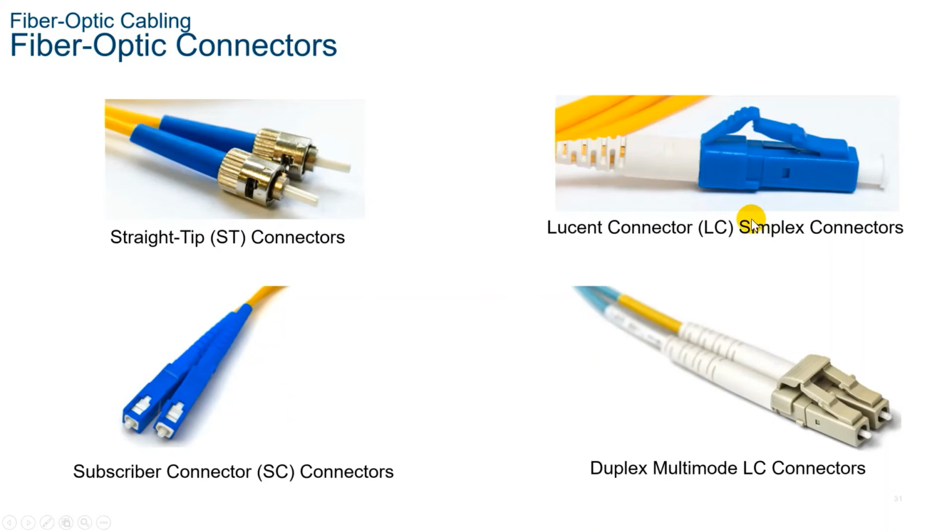Okay, so the next one is the LC or the Lucent connector, simplex connectors. So LC simplex connectors are a smaller version of the SC connector. So these are sometimes called LIL or local connectors and are quickly growing in popularity due to their smaller size. Okay, so a duplex multi-mode LC connector is similar to LC simplex connector but uses a duplex connector. Okay,